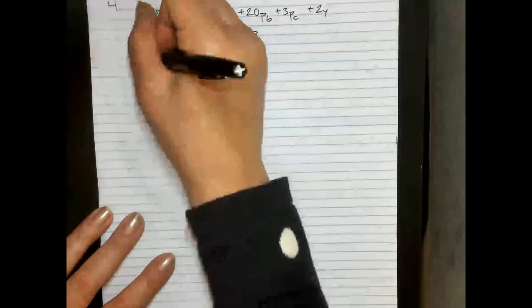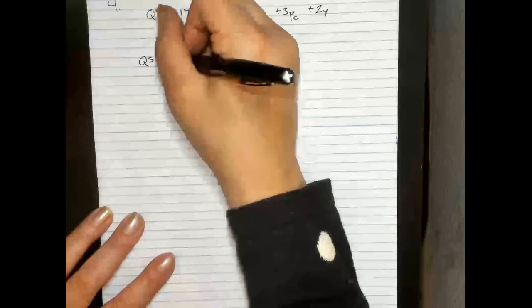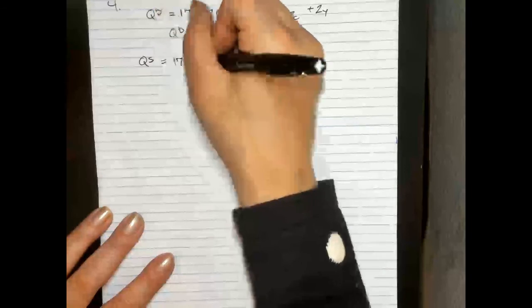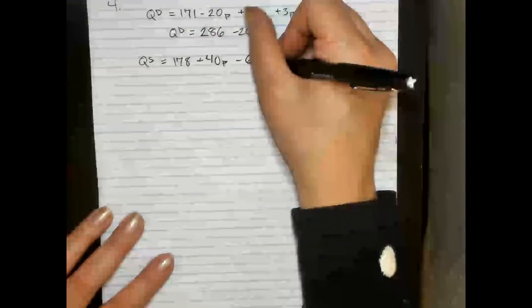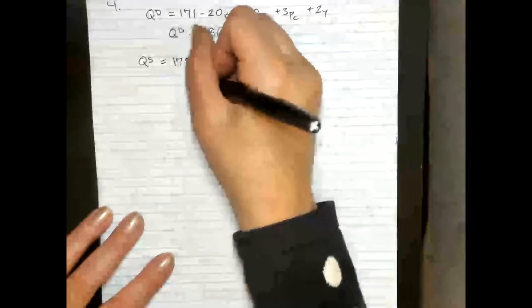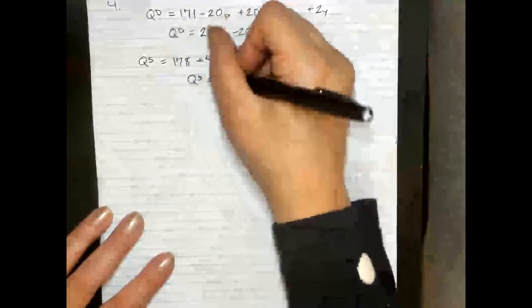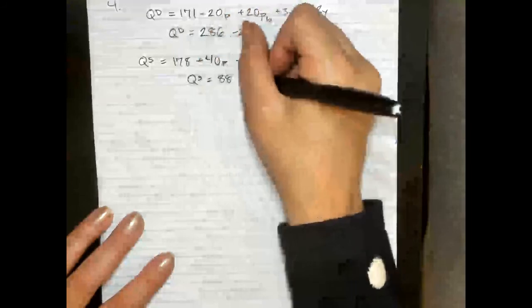Same thing for quantity supplied. We have the big long function where we have everything included, 178 plus 40p minus 60 times PH, or quantity supplied is equal to 88